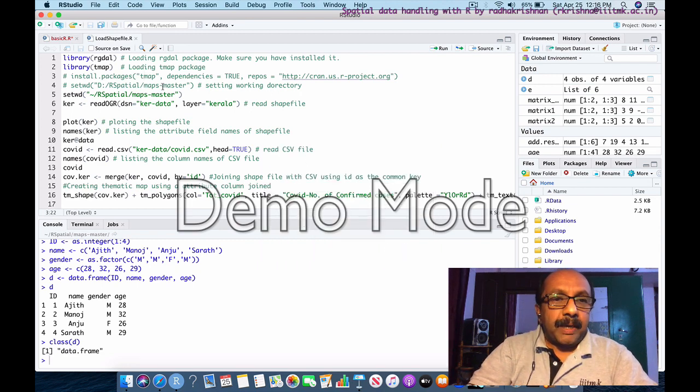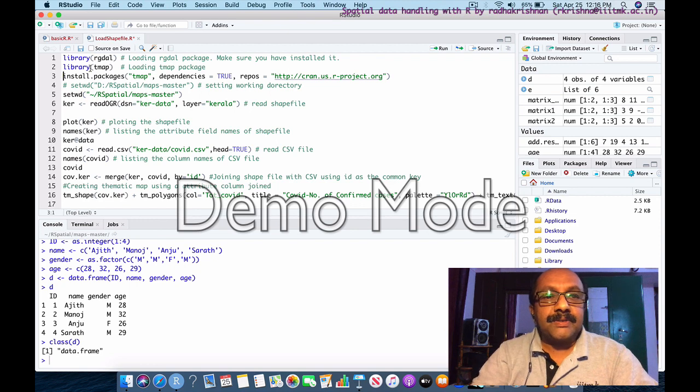Alternatively, you can install packages from the command line. This is the command. If you take out this hash, it becomes a command for R. install.packages is the command name. Within brackets, within quotes, the package name, comma, dependencies equal to TRUE. Because most of the time when you install one package, there may be several dependent packages.